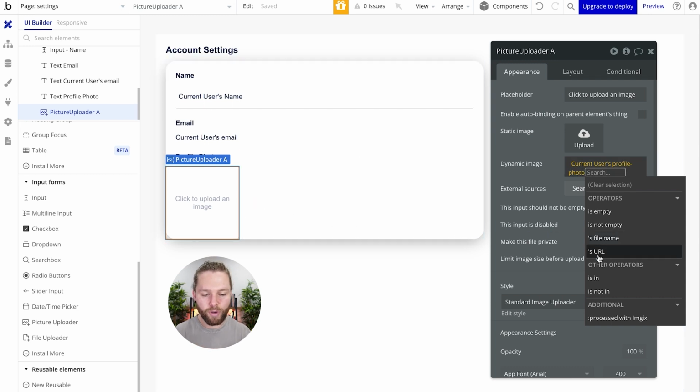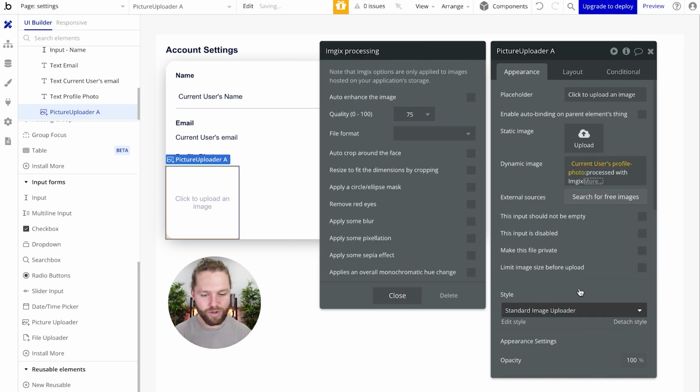However, I do want to process this image with Imgix. So this is a cool feature that just allows me to add some formatting to my image just to make sure that it looks good regardless of the image that's uploaded or the device that it's seen on or anything of the kind. So the thing that I'm going to do using Imgix is resize to fit